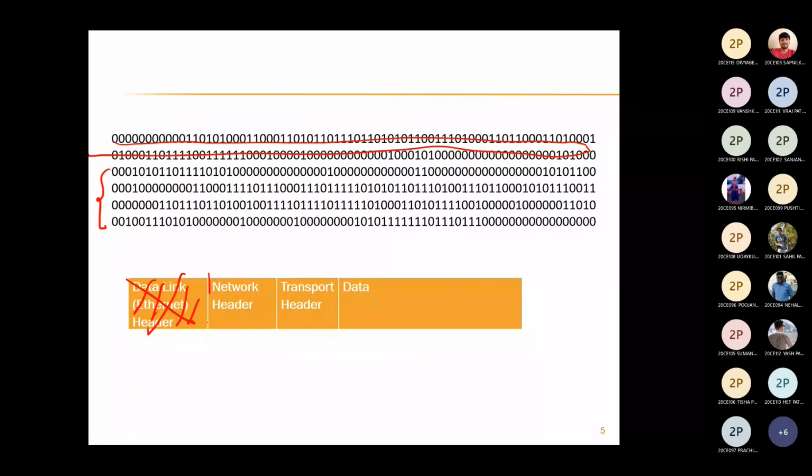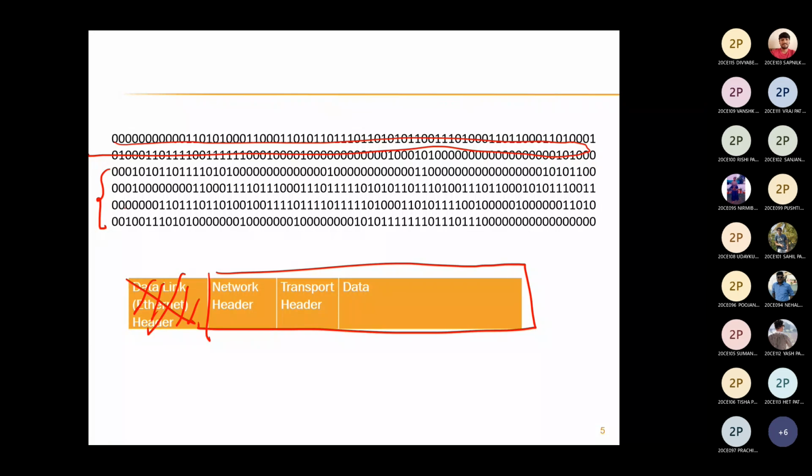The network layer receives this data, these four rows. And the length of the network header, we know very well, is 20 bytes. So let's assume the first two rows belong to the 20 bytes. I'm taking a hypothetical number of rows, so please do not count it as 20 bytes; let's just assume it. The first two rows are the network header, and the rest contains data for the transport layer.